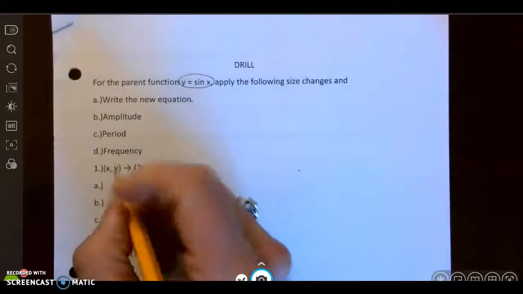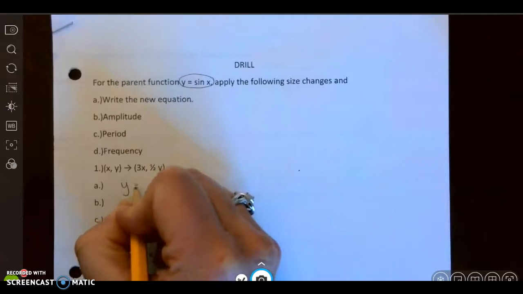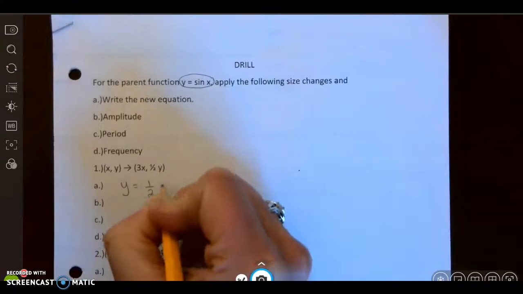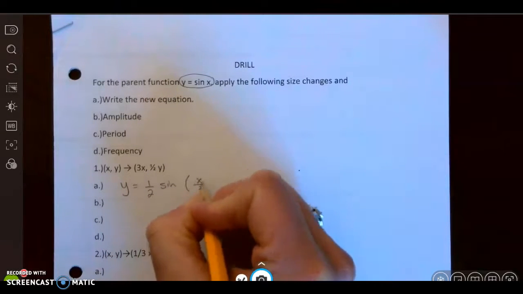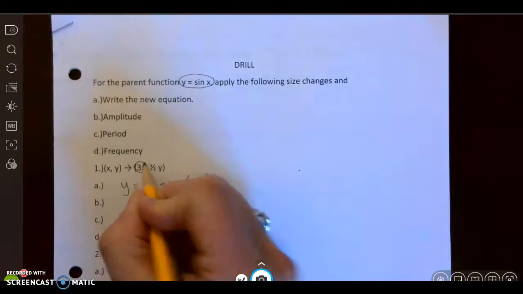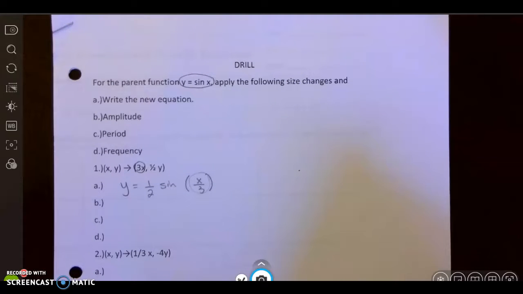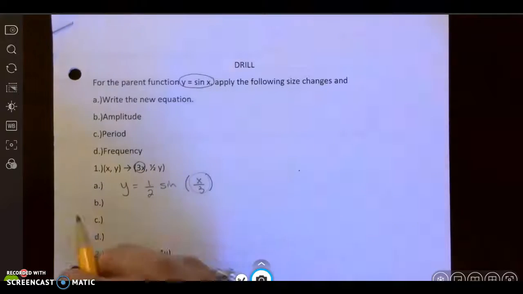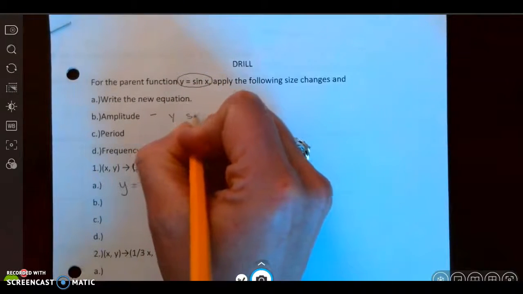So according to the scale change, the equation would be y equals 1/2 times the sine of x divided by 3. Notice that in the scale change it's 3x, so in the equation it's x divided by 3 because x lies in the equation. Part B is the amplitude, and the amplitude, remember, is the y scale change,